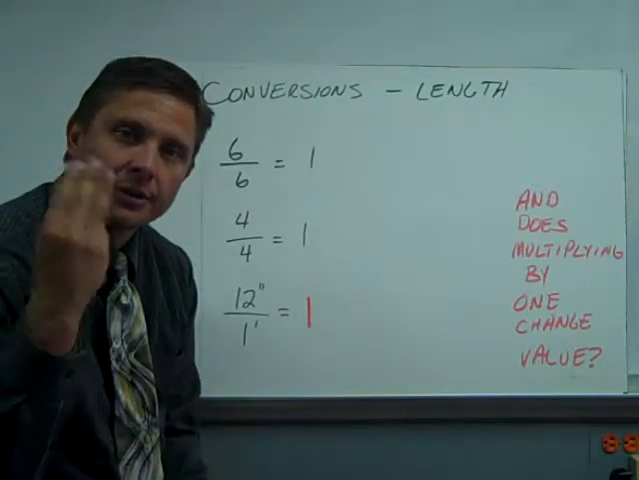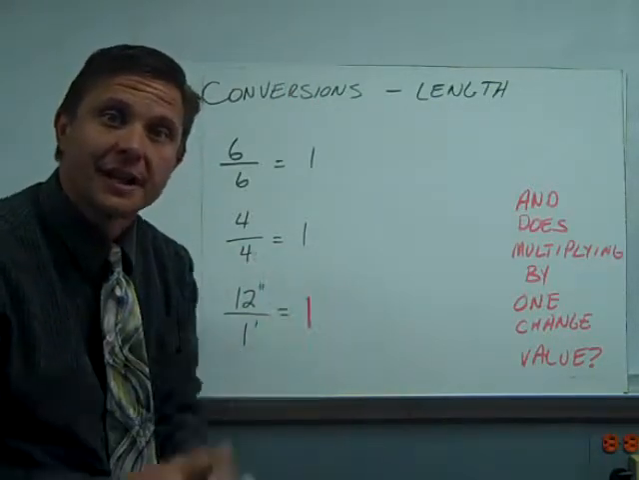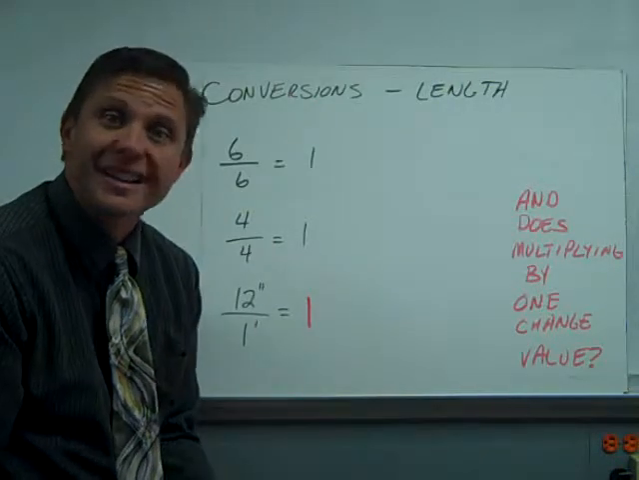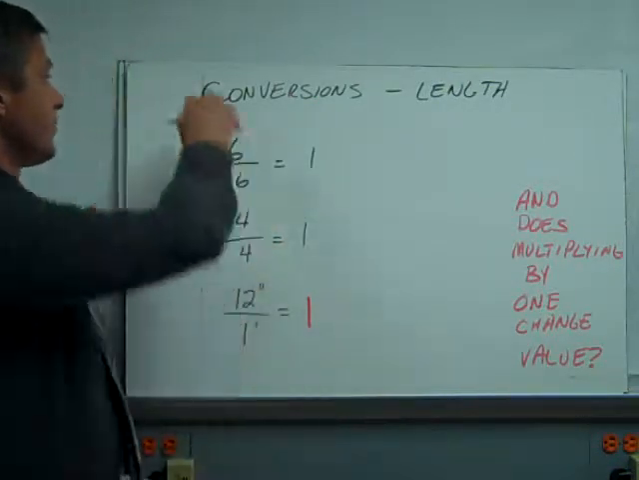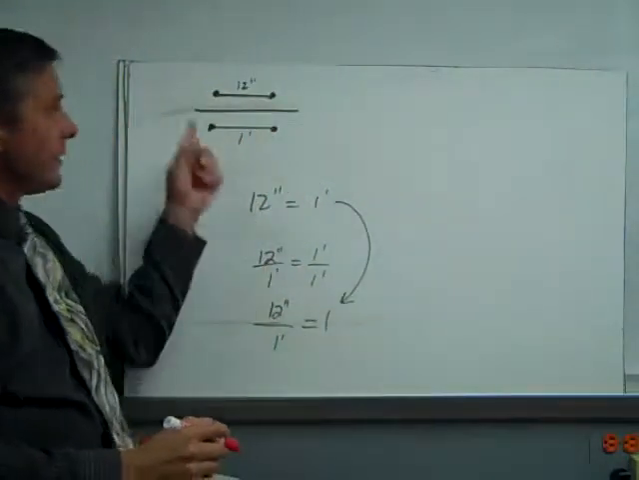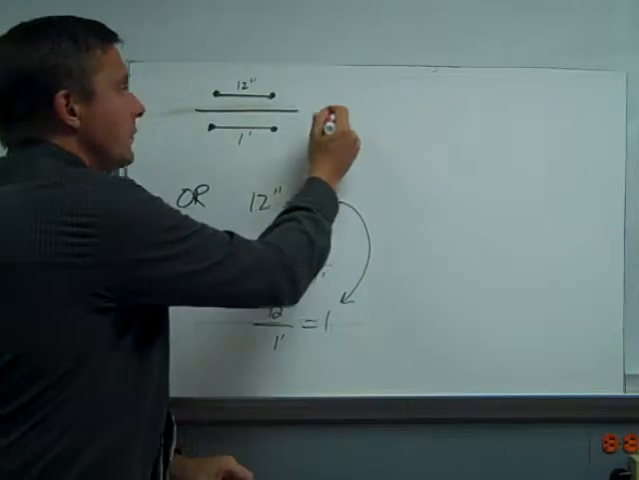3 times 1 is 3. 10 times 1 is 10. A million times 1 is a million. Negative 7 times 1, negative 7. It simply doesn't change the value. So, if we agree 12 inches over 1 foot is equivalent to 1,